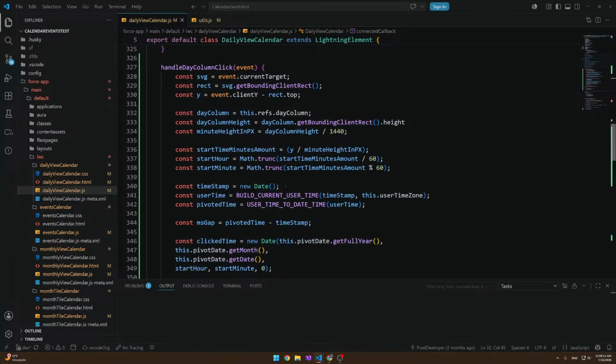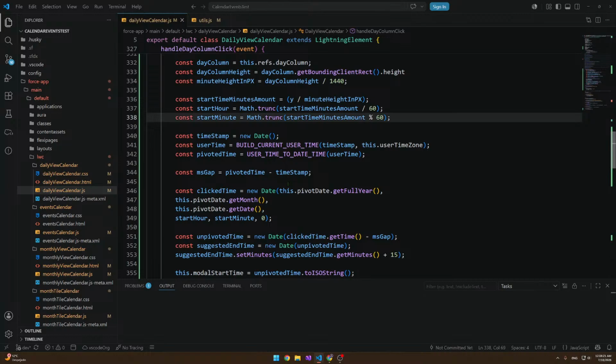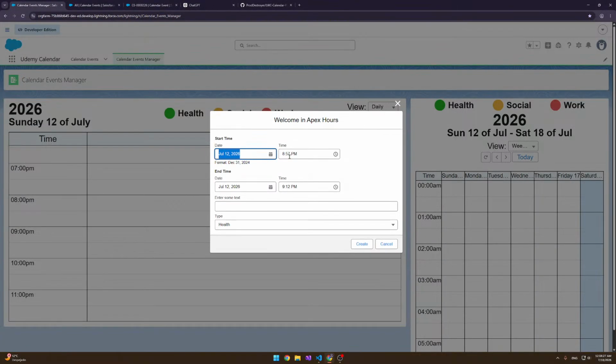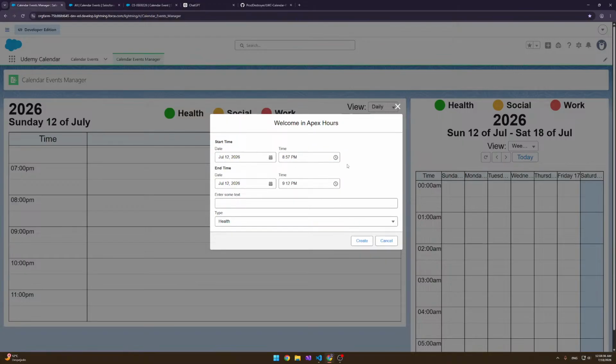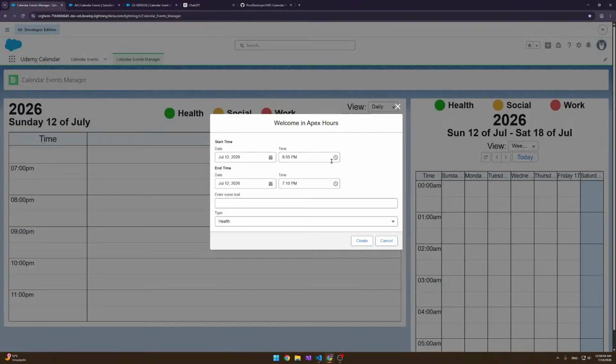So what I did was really simple. The minutes calculation, all of that was okay, but I just focused on the start time of this modal. We were trying to fill this out with the appropriate value, but we were having the issue that this was being filled out with our local time, and it was gapped. It was not accurate due to the local time and Salesforce user time difference, because this component, based on what I've read in the Salesforce documentation, is going to take the Salesforce user time zone in order to display the time,